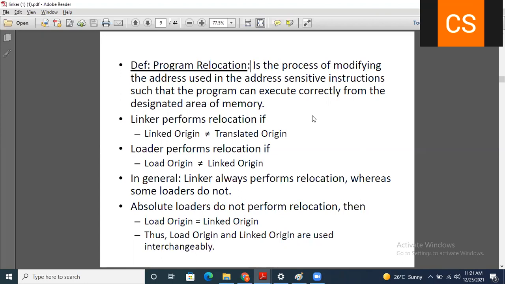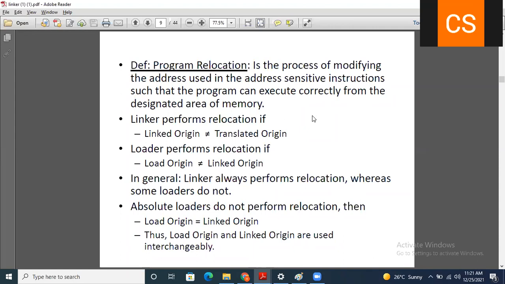If linker performing relocation म्हणजे आपण काय करतोय, एका लोकेशन पासून दुसऱ्या लोकेशनला रिलोकेट करतोय, ट्रान्सफर करतोय, आणि हे जर ट्रान्सफर होत असेल तर डेफिनेटली ह्या केसमध्ये लिंक ओरिजिन वेगळा असेल आणि ट्रान्सलेटेड ओरिजिन वेगळा असेल. सिंपल आहे. जर 500 लोकेशन असेल ट्रान्सलेटेड ओरिजिनची आणि लिंकरला एक्झिक्यूट करायचे 900 लोकेशनला, तर ह्या केसमध्ये दोन्ही ऍड्रेस तर सेम नाही आहेत. इट इज डिफरंट. लिंक्ड ओरिजिन डिफरंट, ट्रान्सलेटेड ओरिजिन डिफरंट आहे म्हणून तर आपण रिलोकेशन करतोय ना. मग ज्या केसमध्ये रिलोकेट करतोय डेफिनेटली दिस ओरिजिन्स आर नॉट इक्वल.